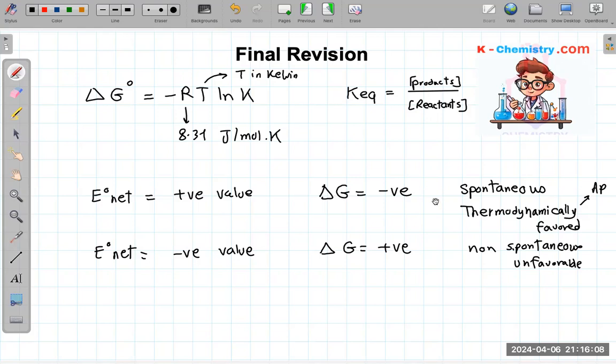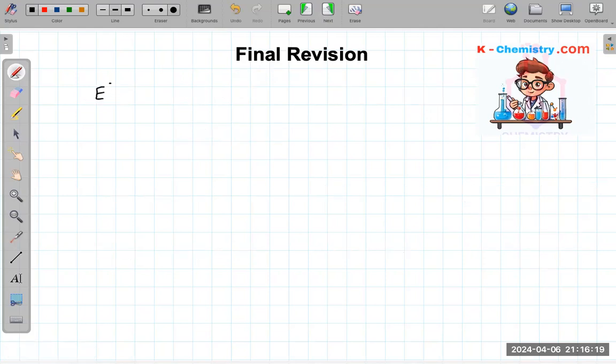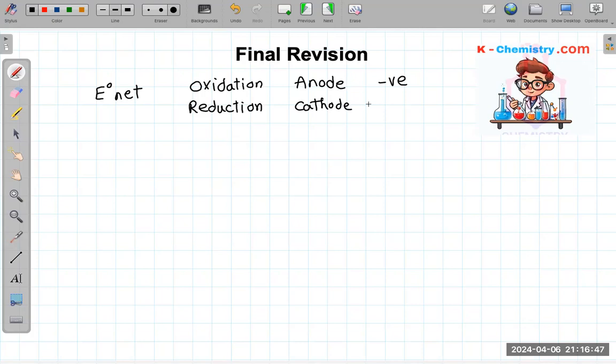Okay, so we saw how the reaction potential is positive or negative and how this can be linked to the free energy. And we'll just try to remember how we used to find the E node net of the cell. We said that the E node net of the cell is found from the two reactions which are happening in the cell. The electrochemical cell contains two different electrodes. One of them goes through the oxidation process, and we usually call this one the anode, and this is usually the negative electrode. The other one goes through the reduction. This is the one that will gain the electrons, and it is called the cathode,